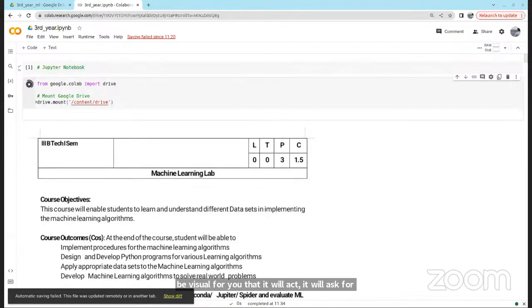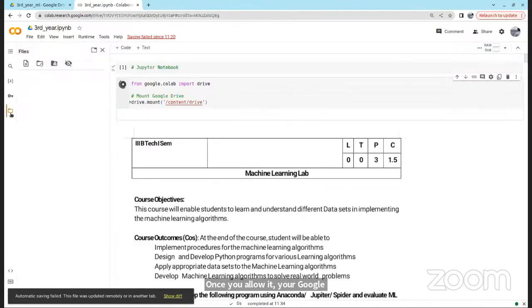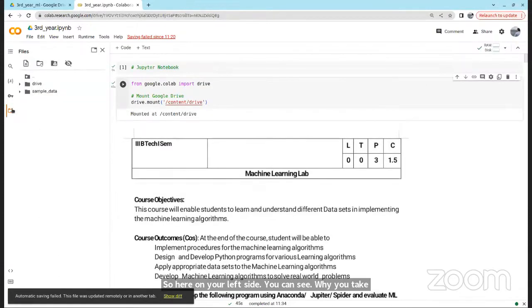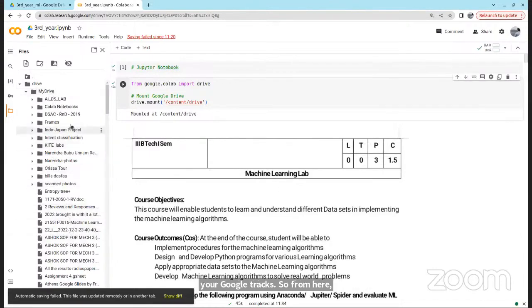Your Gmail permission. You just have to allow it. Once you allow it, your Google Drive will be available here. So here on your left side, you can see the files icon. See, this is the files icon. Here you can see the drive. Your drive is nothing but your Google Drive. So from here, you will see all the files.